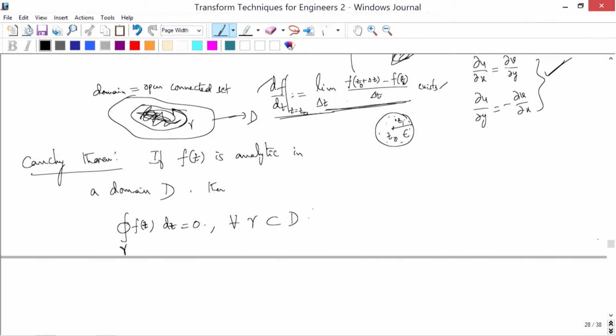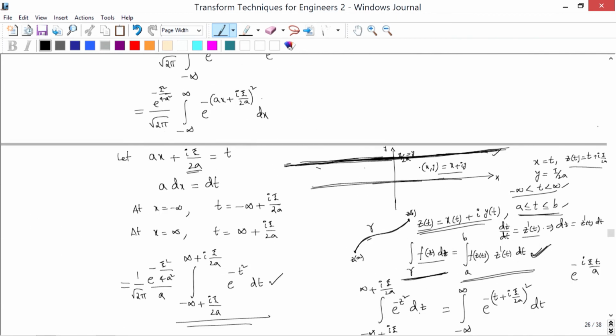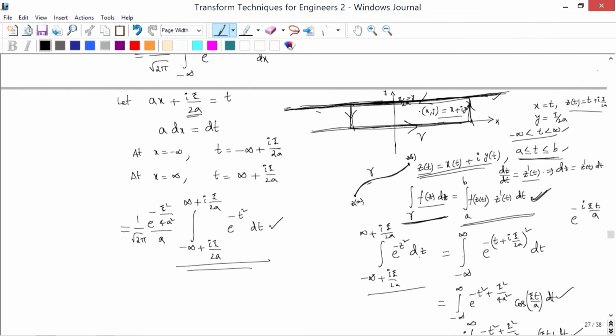That is the meaning of this Cauchy theorem. If you apply this Cauchy theorem, now come back to this. If I apply the Cauchy theorem to this piece, for example, you make a rectangle like this. Now, the rectangle is a closed curve. Let me put this as gamma. This is how you represent your gamma, over which you try to apply your